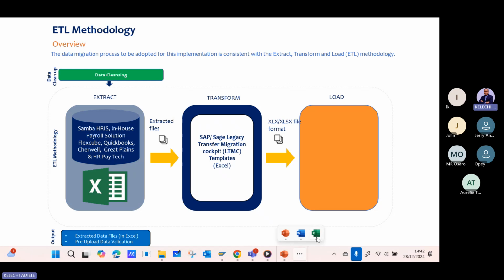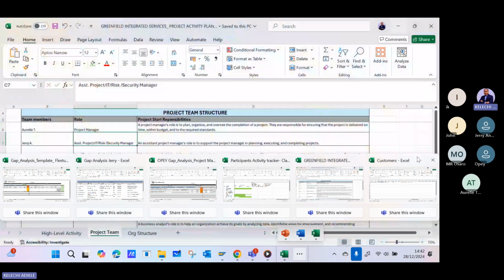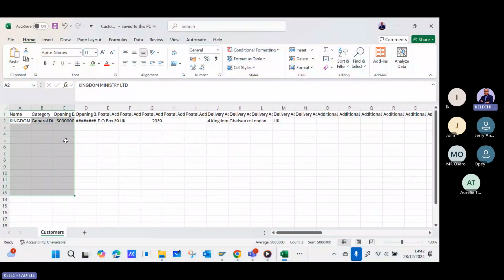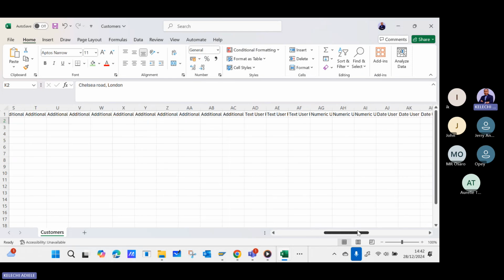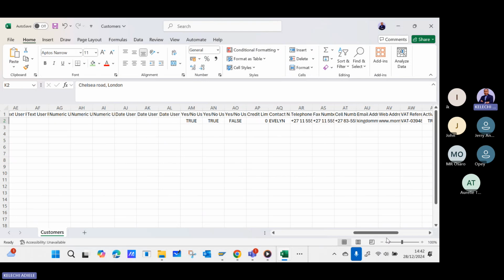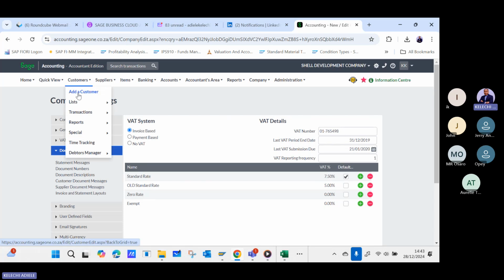You're supposed to make sure that whatever data you get, for example, they might just give you a list of 100 customers, right? You have to tell them, okay, out of this 100, can you provide me with the category, their delivery, their address, the relevant, what we call required data. For you to know the required data, you need to know Sage and what Sage wants. So if you go to customer data, for example, if you add customer, you will see the